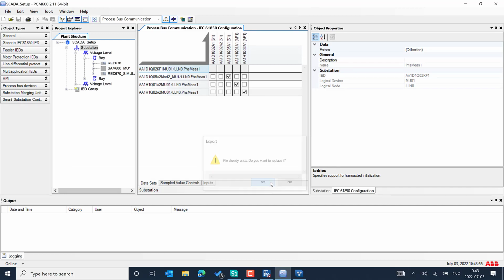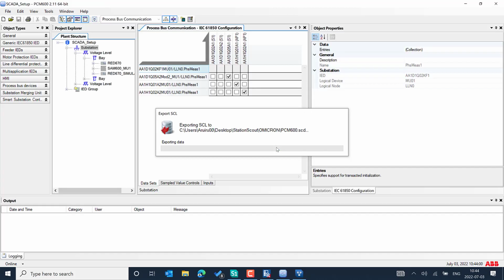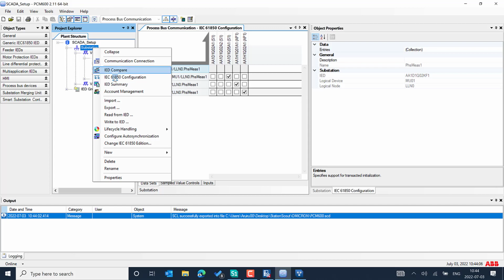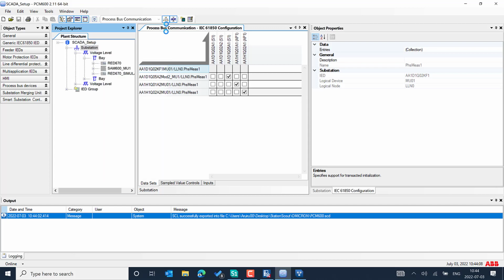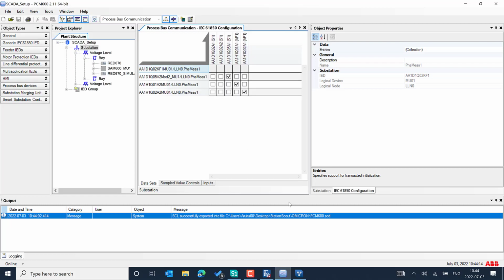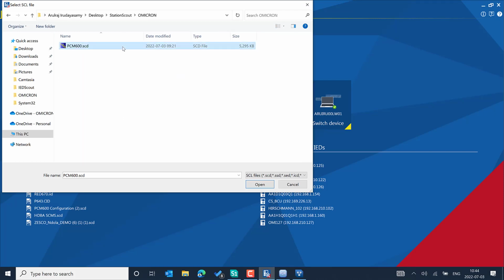For example, I will export the SCD file and flexibly choose the SCL edition, and the IEDScout supports the maximum edition which is available at the moment. And you can just say export, and I will save the location so that I can provide the location into IEDScout. So here I can see